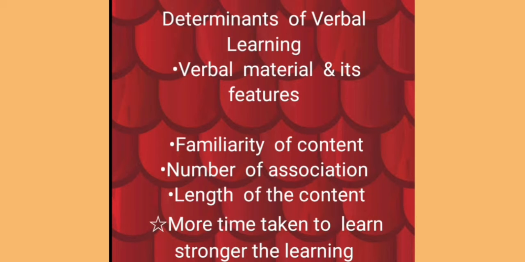Also, the number and kinds of associations will also help in verbal learning. If the list of material to be learnt is a lengthy one, the learning time needed will be more. Also, lack of association between items will make learning of the content difficult. The principle of total time is also very important, and according to this principle, a fixed amount of time is needed to learn a fixed amount of material. The more time it takes to learn, the stronger becomes the learning.